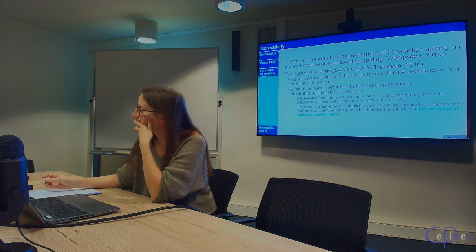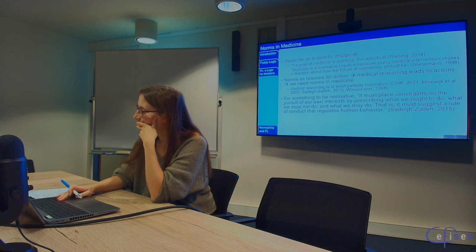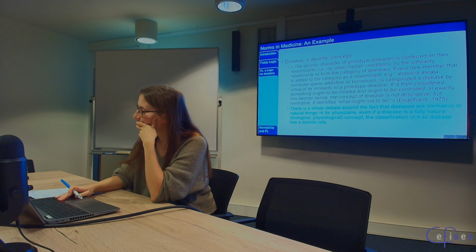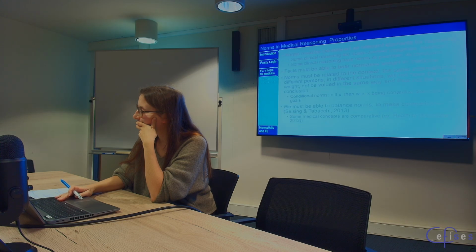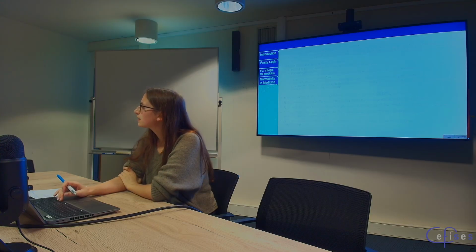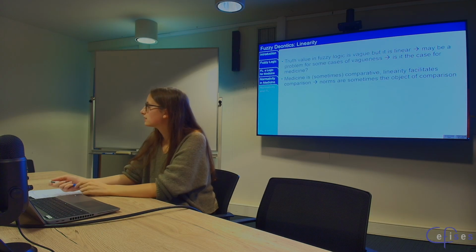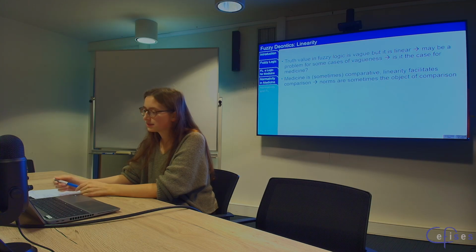The argument for linearity was a little bit weird. It was between, okay, it's linear because you have to compare, there was some social aspect, the way you were talking about doctors, no, there was something cognitive about human cognition. So you would choose linearity because it has to be compared.